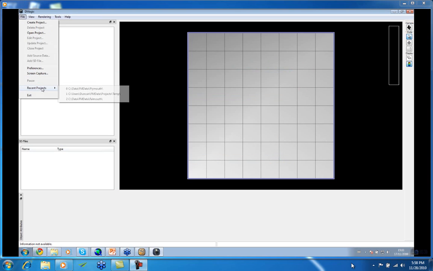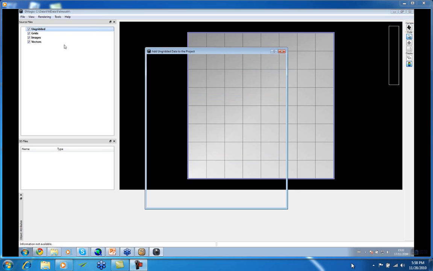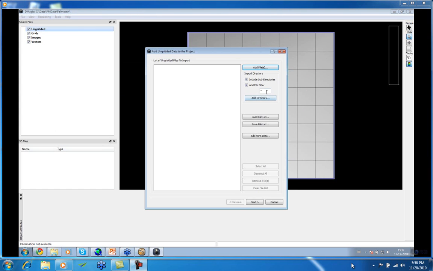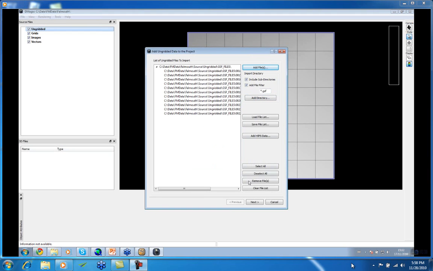There's no data in this one at the moment, so I'm going to add my ungridded data. I've got a collection of GSF files that are all stored in one folder, so I'm just making a little wildcard selection, and there are my GSF files here. And once they're in, this is now asking you